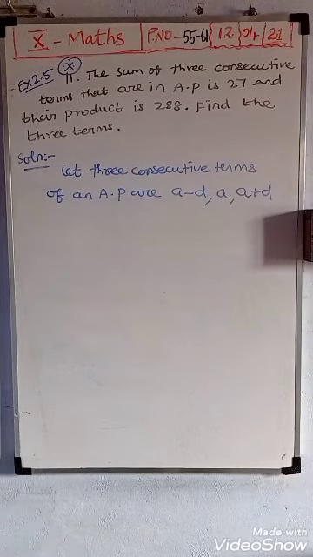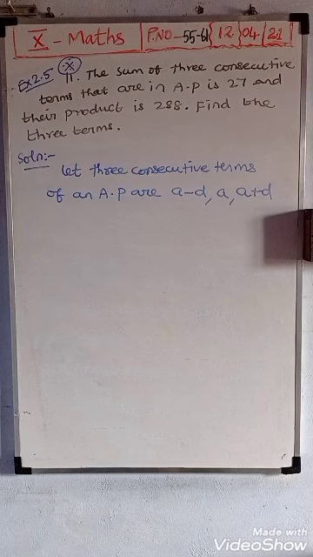So if you choose like that, we will easily receive the answer. For that purpose, I'm choosing A minus D, A, A plus D as the 3 consecutive terms. Like the formula, suppose 4 consecutive terms means A minus 3D, A minus D, A plus D, A plus 3D. You want to choose like that. Okay, so check the example sum.